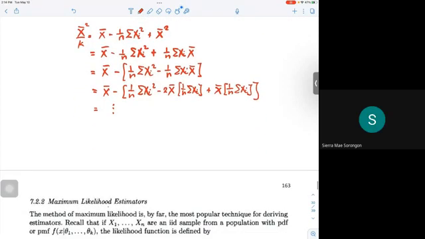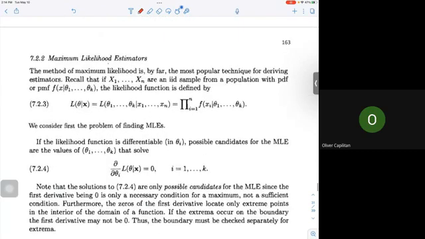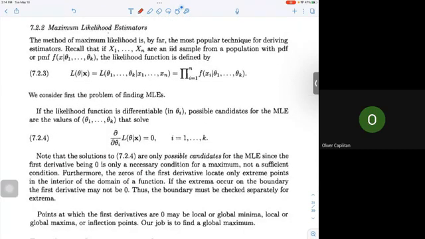Yes, sir. Okay, so let us proceed to the next method. We have the maximum likelihood estimator. It is actually the most popular technique for deriving estimators. So recall that if we have x sub 1 up to x sub n, these are an IID sample from a population with a PDF or PMF, small f of x given the parameters theta sub 1 up to theta sub